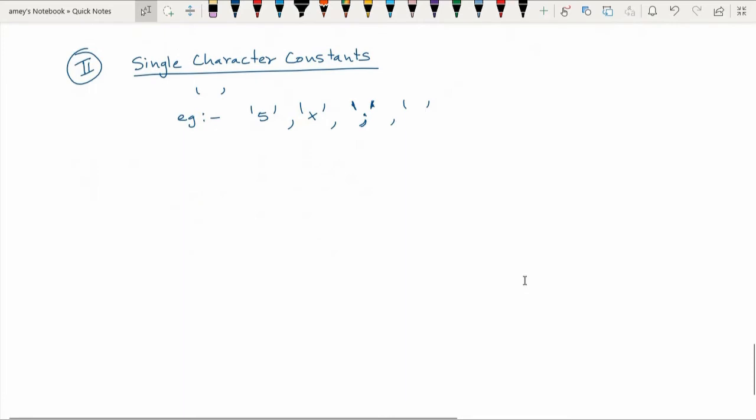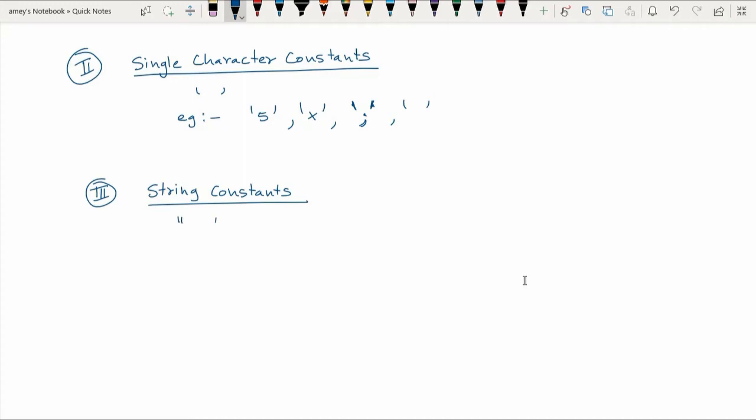And finally we have string constants. String constants are enclosed with double quotes.